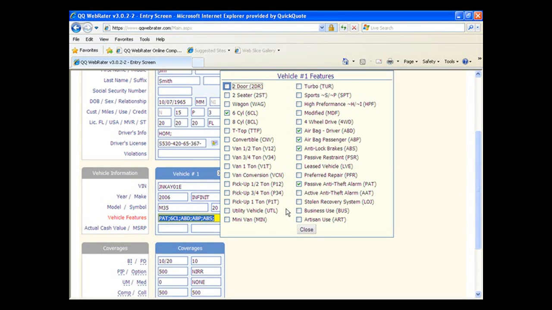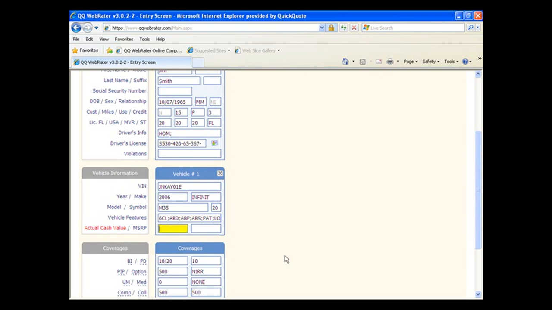So if there are any additional credits that can be applied to this quote because of those features, it would automatically calculate that. So let's say this had a stolen recovery system like LoJack or something, you can indicate that here. Once you're done, just simply close out of it and move on to the next area, which is the actual